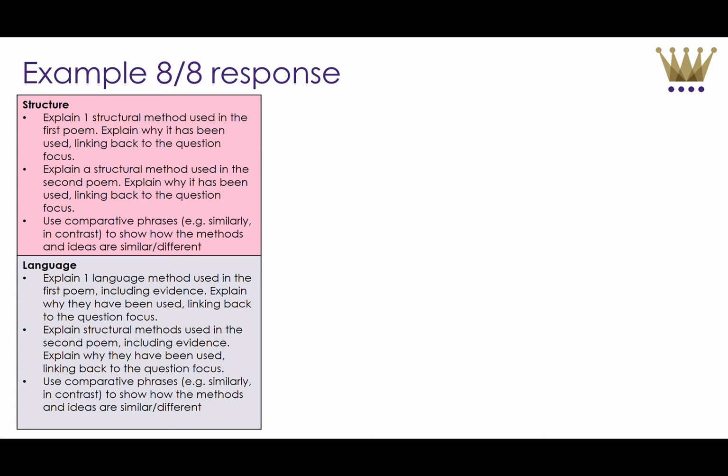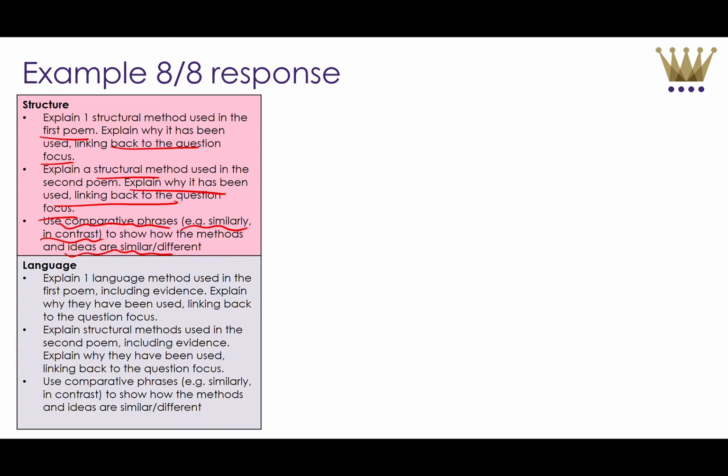I start with structure, so what I need to do is explain one structural method used in the first poem, explain why it's been used, link back to the question focus. Then explain the structural method used in the second poem, explain why it's been used, and all the way through I'm going to use some comparative phrases. So for example, similarly, in contrast, to show how the ideas are similar or different. Okay, so I'm looking at the first poem and why, link back to the question focus,